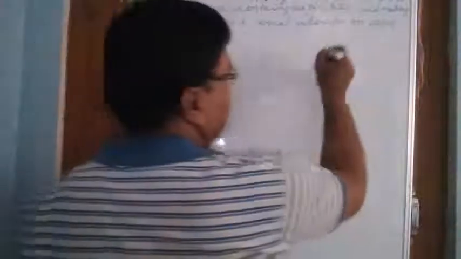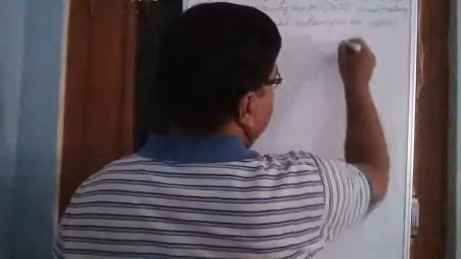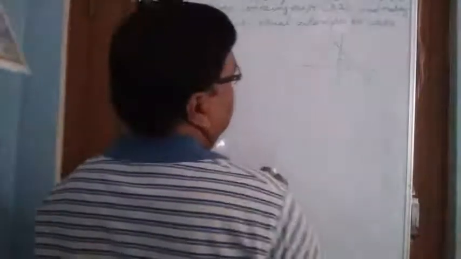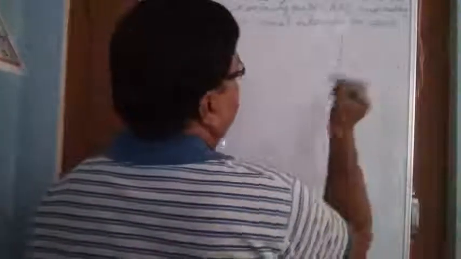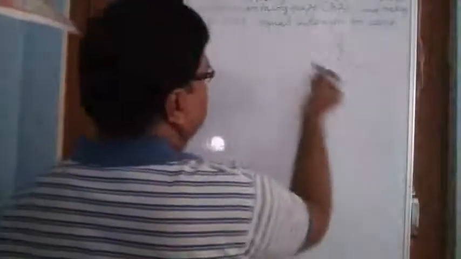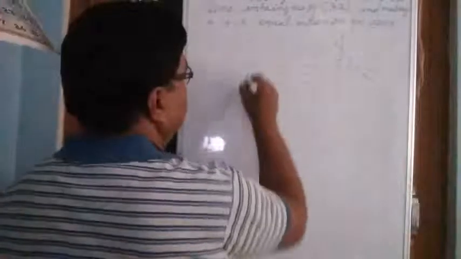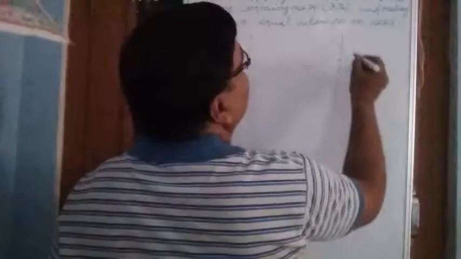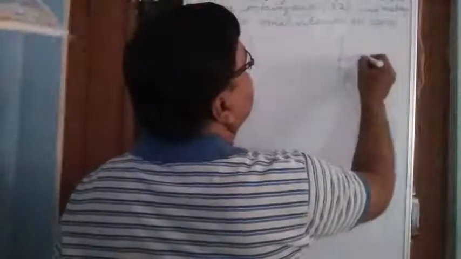So the line will show an equal positive intercept on both axes. If you take a positive intercept here, this is the equal intercept. Similarly, this can also be a positive intercept. However, what is applicable in this question is that the point (3, 2) lies in between. So how do we find the equation of this line?